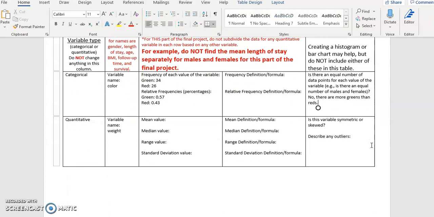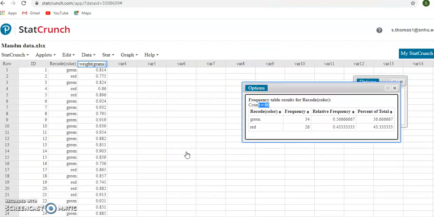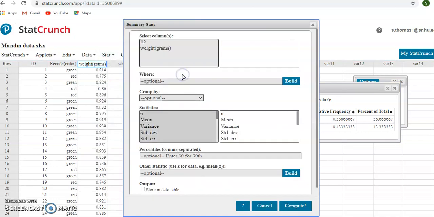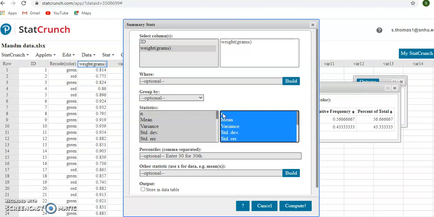Okay, now we're going to move on to my quantitative variable weight. So I need 4 pieces to this one. I need the mean, median, range, and standard deviation. So again, I'm going to go to StatCrunch, I'm going to go to Stat, and I'm going to go to Summary Stats. My data is in columns, so I'm going to click Columns. I'm looking at weight, okay, and I only need, let's see,